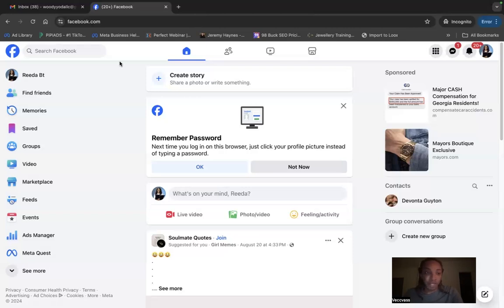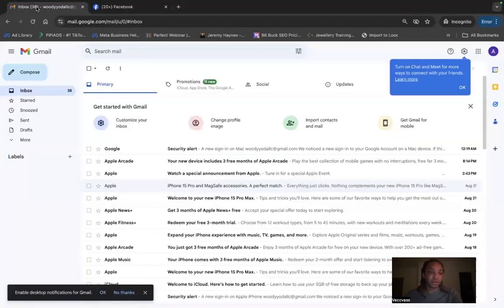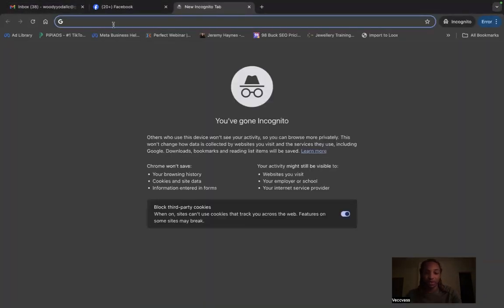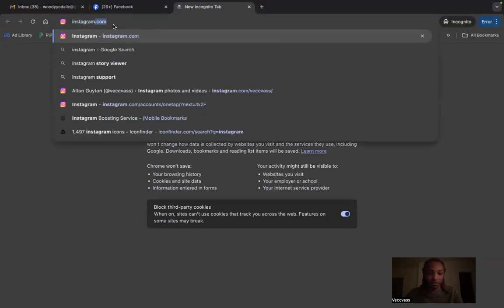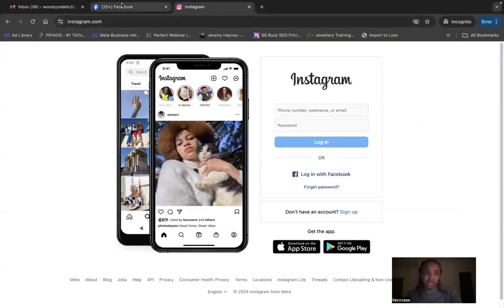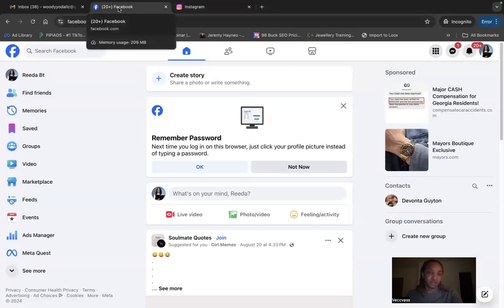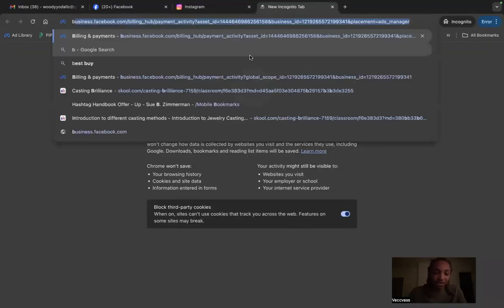Right now, I'm in Facebook. This is just a regular Facebook account. The two things I have open right now are Facebook and Google. So I'm going to go ahead and open up Instagram. These are going to be the three things that we need to set up. Facebook is easy, you just have a Facebook page and then Instagram. And then the other page is